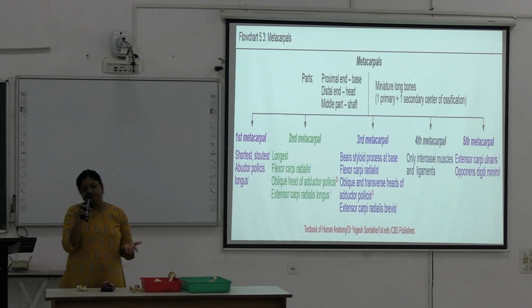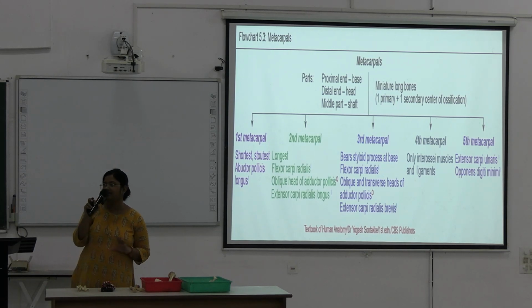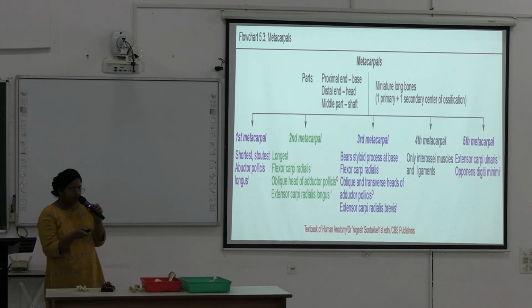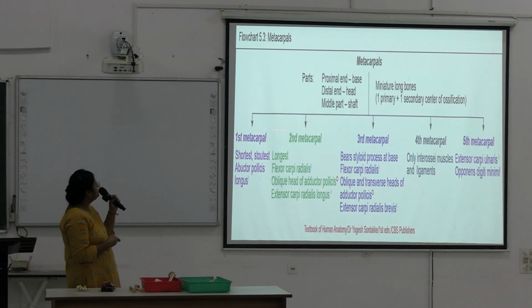Okay, and the carpal bones. Carpal bones are examples of short bones. Short bones have only one center, only a primary center or only a secondary center. Capitate and hamate have a primary center. The rest of the bones have a secondary center, developing from secondary centers mainly. Okay, only one center. So we will discuss.